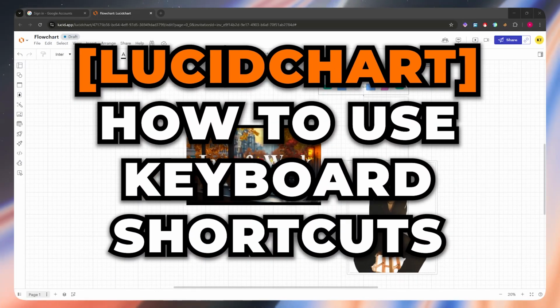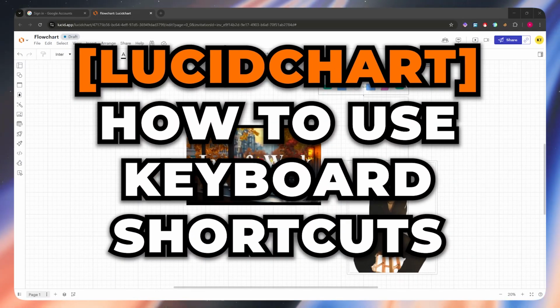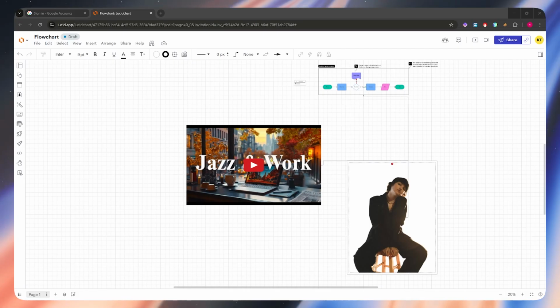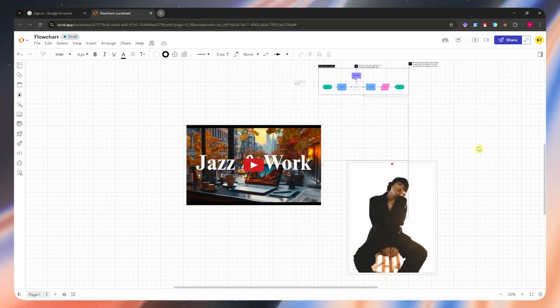In today's video, I'll show you the Lucidchart keyboard shortcuts cheat sheet. Save time like a pro. So let's get started. First of all, once you're here in Lucidchart or flowchart, as they may call it,